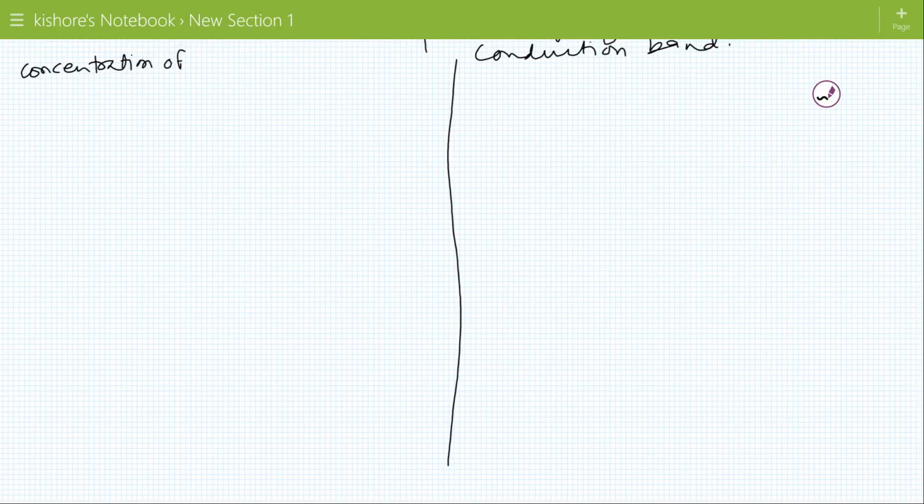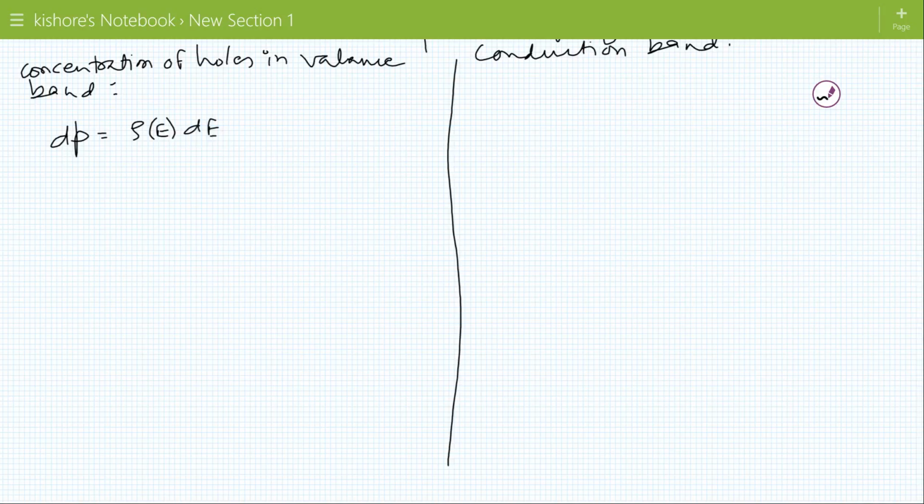Now let us see concentration of holes in valence band. Del P is rho E del E. Now again rho E